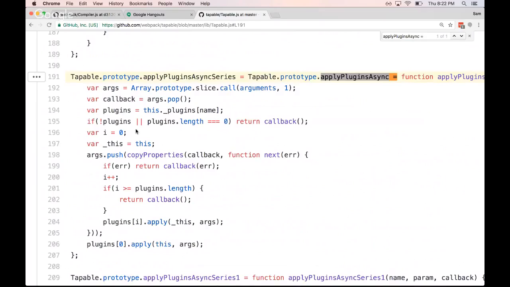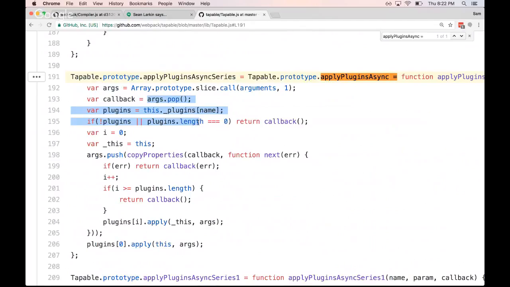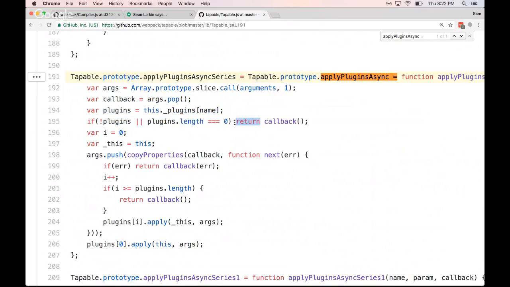Okay, so what are we doing here? We're taking the arguments and slicing off the first argument. It's basically like the spread operator and then a terminal last argument, which is a callback. And if there are no plugins, you're eager exiting, just returning callback. Otherwise, you're